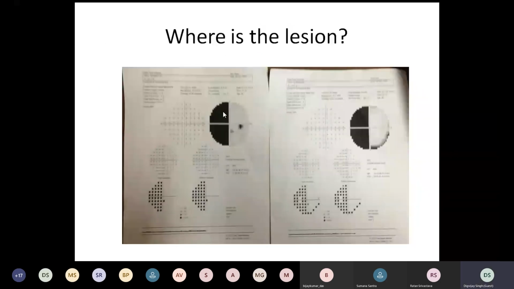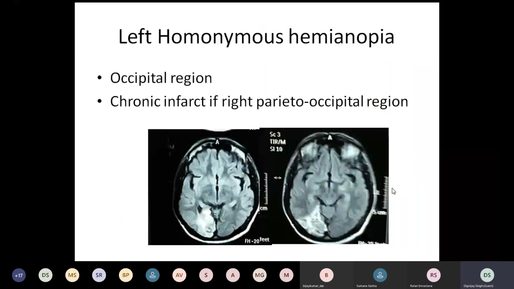Where is the lesion here? Let's break it up as you would. This is a Humphrey visual field of a 30-2 protocol, and it is showing a field defect which is homonymous, and it is respecting the vertical meridian. In the right eye, it is in the nasal area. In the left eye, it is in the temporal area. So temporal and nasal of one is homonymous. You can also see that they're very congruent, very similar looking, not much difference. So this is almost a congruent homonymous field defect, called a left homonymous field defect.